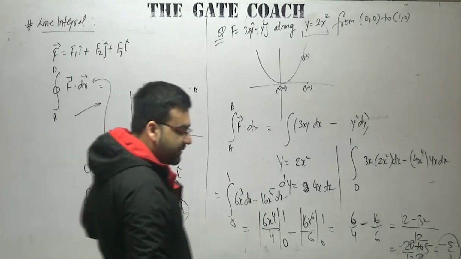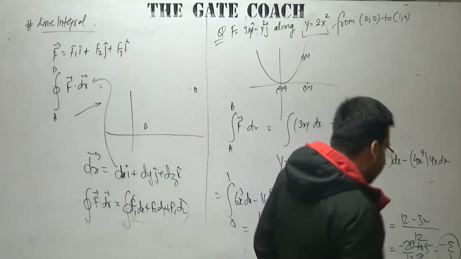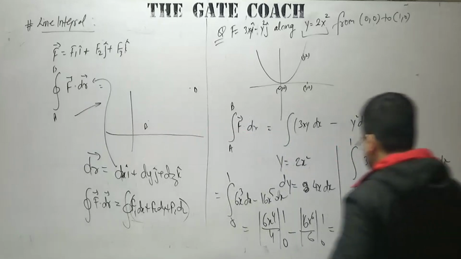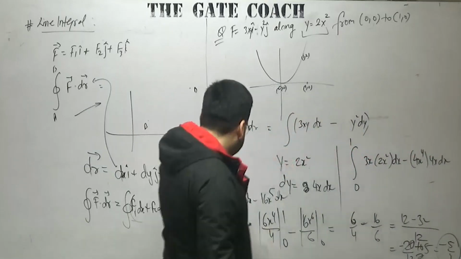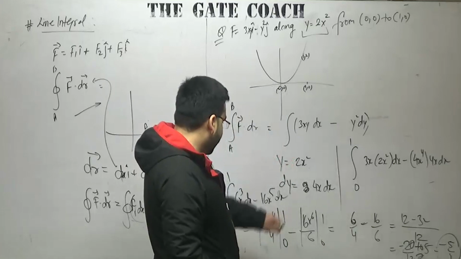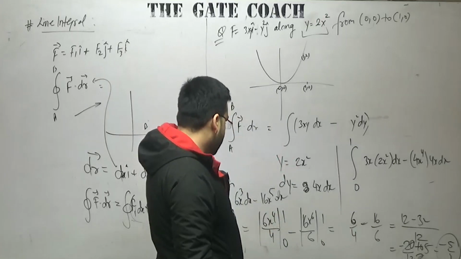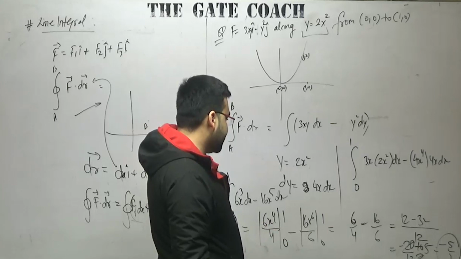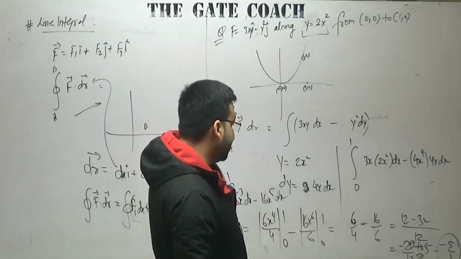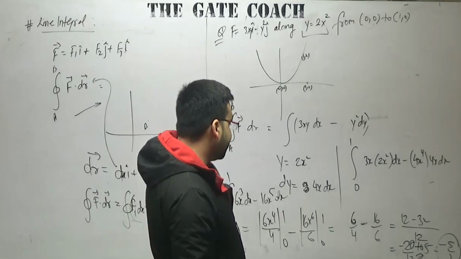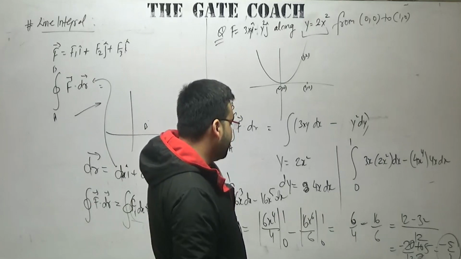Let me see whether I have done some calculation mistake. Minus 74 by 30. Let me check whether I have done some calculation mistake or not. It will be 6x raised to the power 4 divided by 4 minus 6x to the power 6 divided by 6. Our lower limit will be 0. Upper limit will be 6 by 4 minus 16 by 6. Let me take 12 as the LCM. If you take 12 as the LCM, it will be equal to